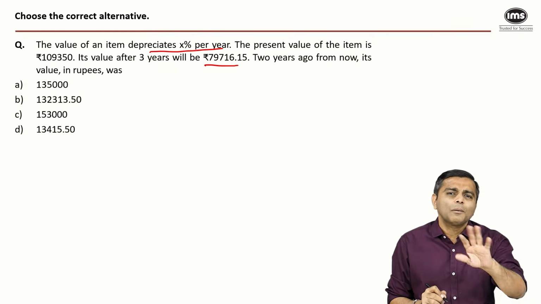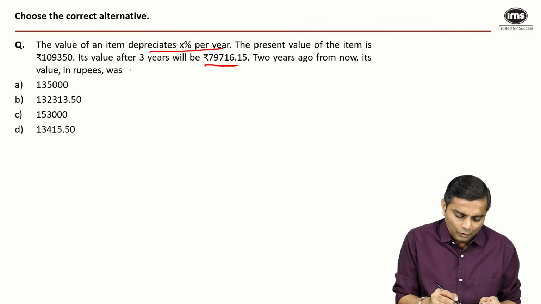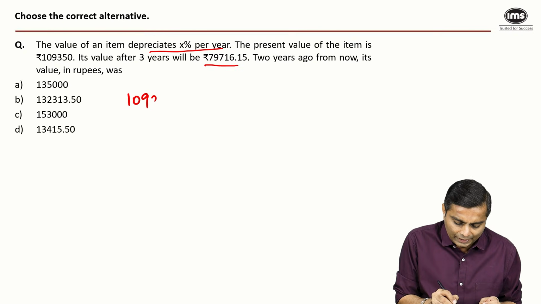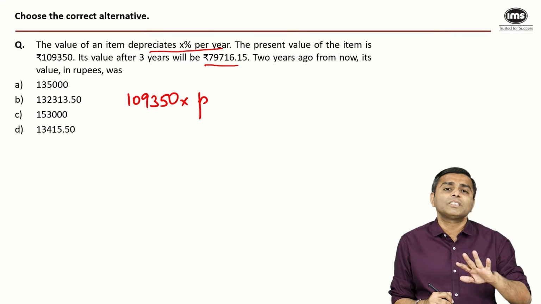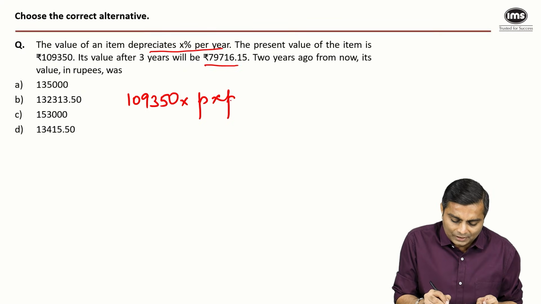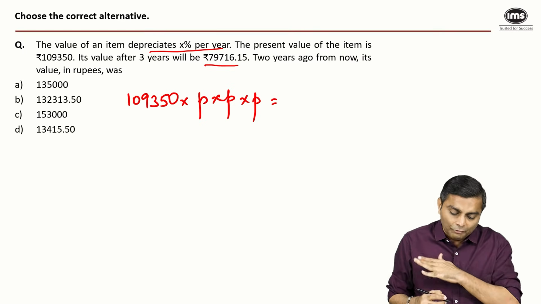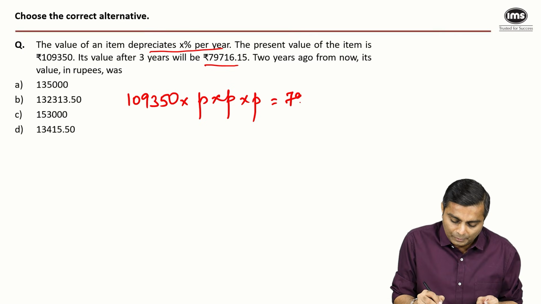Okay. So let's say it becomes P% of the previous year's amount, right? So the present value of the item, they say, is 109350 into P% after the first year. In the second year, another P%. In the third year, another P%. After that, what is this becoming? It is becoming